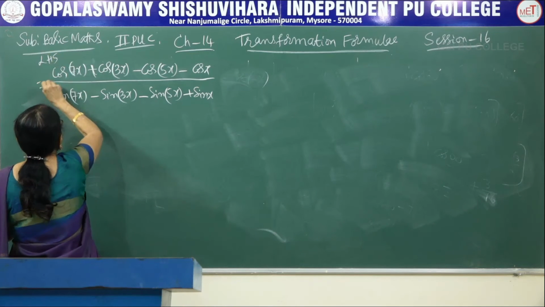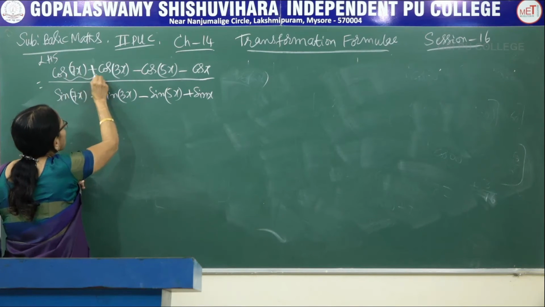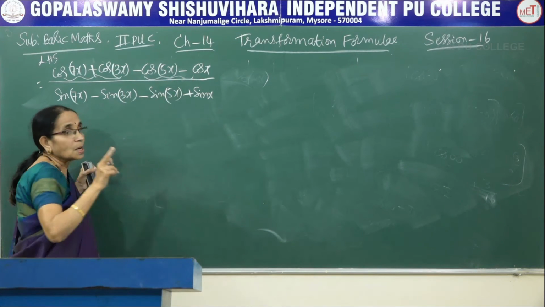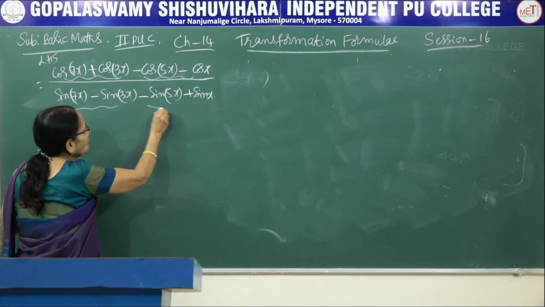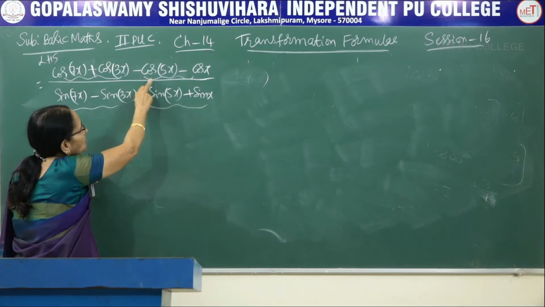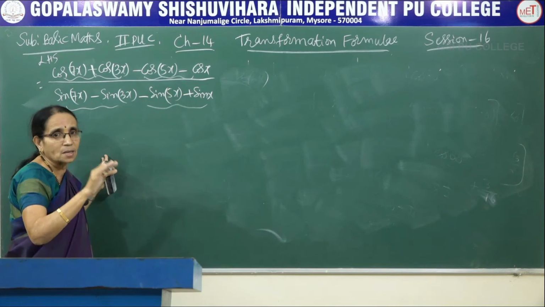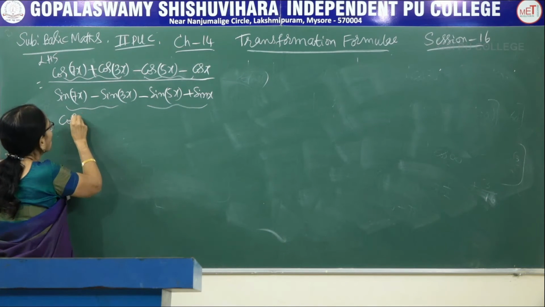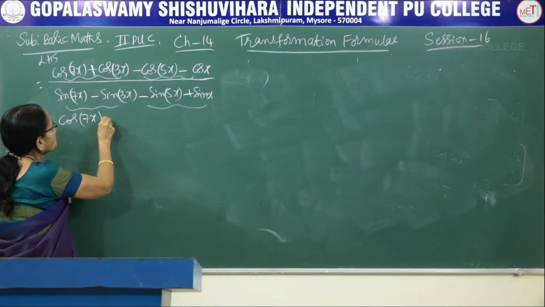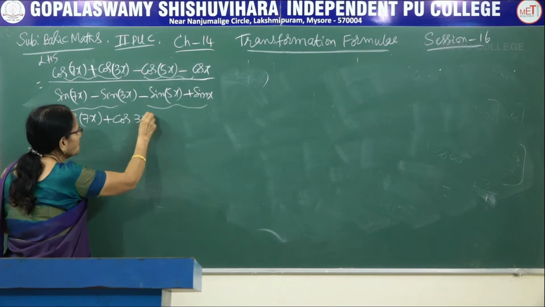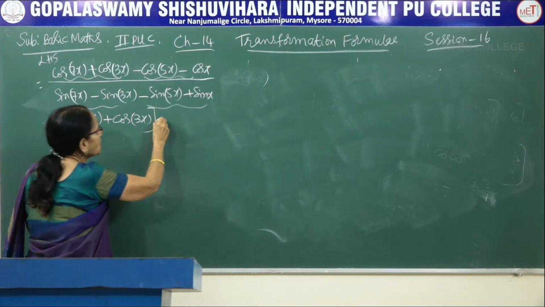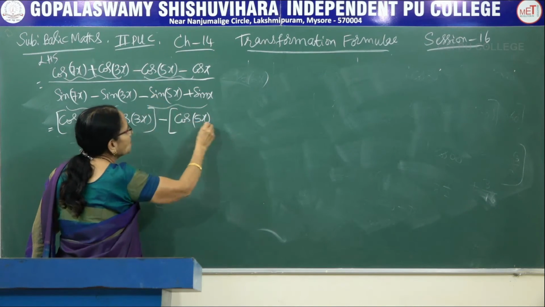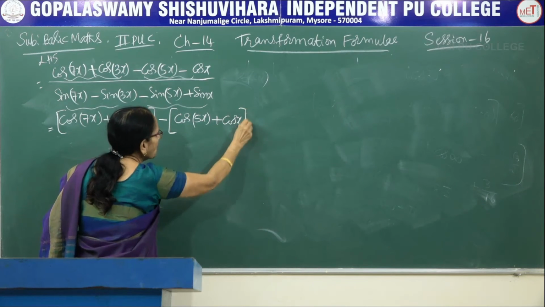Now start with the left hand side. Look here, you take these two together and these two together. Don't take them directly, because both of them are negative. Take out the minus sign, and the same thing here and here also. First we will take out the minus sign inside another bracket, so that we know we are grouping those two terms. Better you write one more step. Cos 7x plus cos 3x. Now take the minus sign. It is cos of 5x, I have taken the minus sign outside. It becomes cos of x.